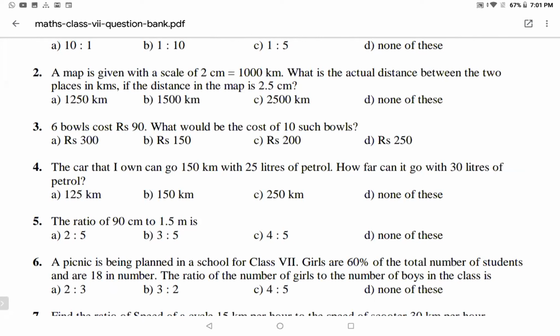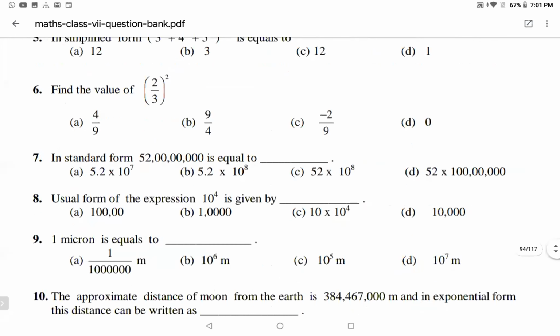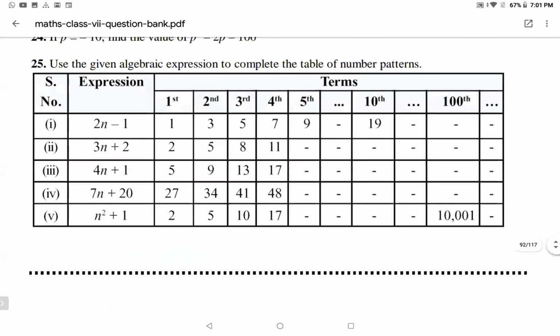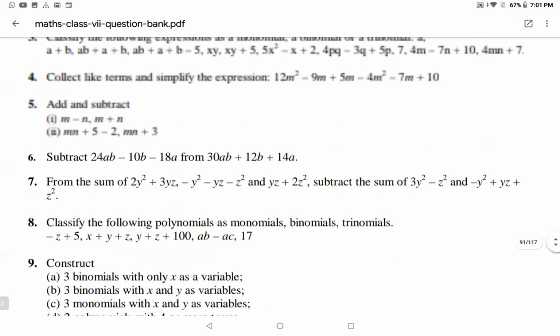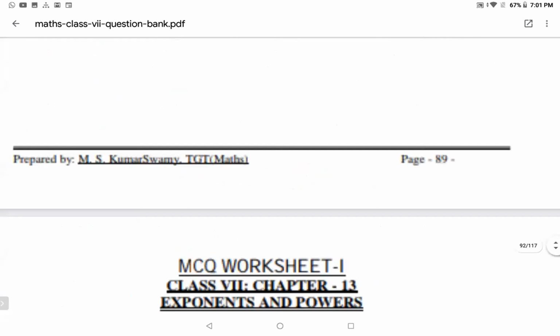Ma'am, can you show the first question? First question, where is it? 1 minute. You have it in your Google Classroom, ma'am. Please go through your Google Classroom. Everything is available. Ma'am, my Google Classroom is giving trouble, ma'am. That's why I'll take a screenshot. Okay, I will, ma'am.